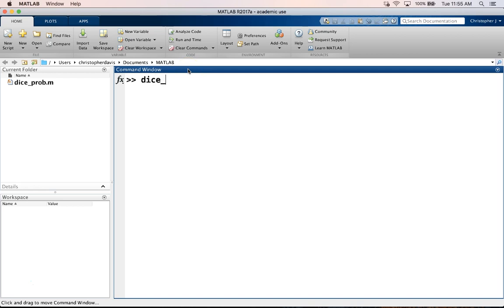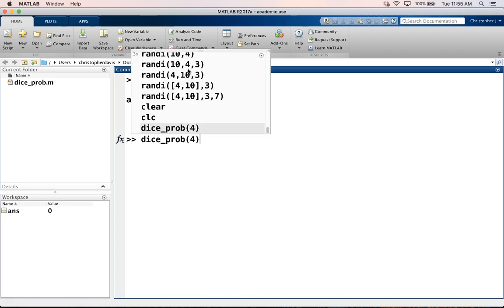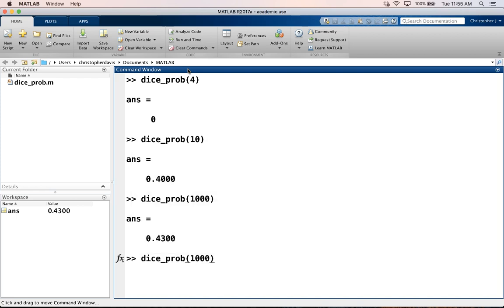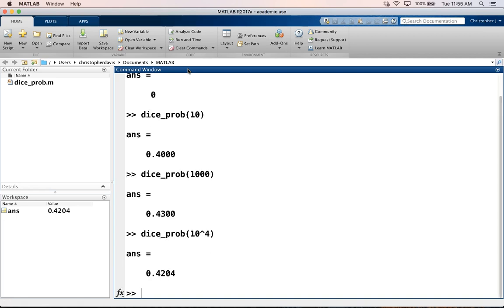So let's do dice_prob of, how about 4? So let's run 4 experiments. 0. Okay, well, I actually kind of like that because we know 0 is not the correct probability. Let's try, instead of 4, let's try 10. Okay, there's 0.4. Okay, let's try a bigger number, 1,000. Let's try a bigger number. Let me start moving to exponential notation. 10,000,